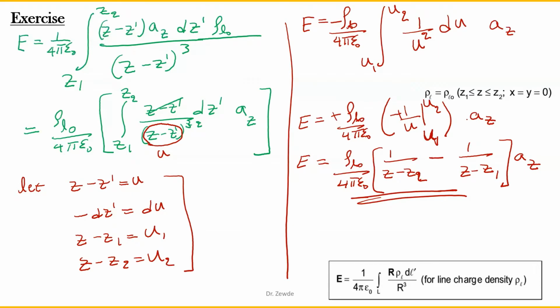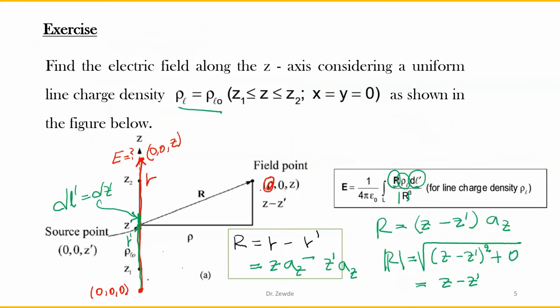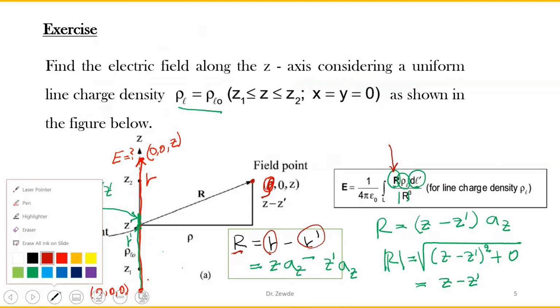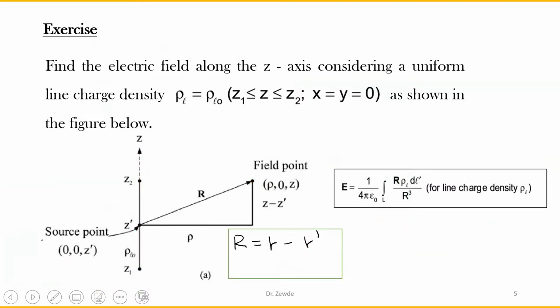And if we were asked to determine the field at a different point other than on the z axis, if we have rho, then we'll update the R vector and the R prime vector, and then we'll have a new R. So we'll substitute that R here and solve the problem. For instance, if you are asked to determine the electric field at a point outside the z axis,